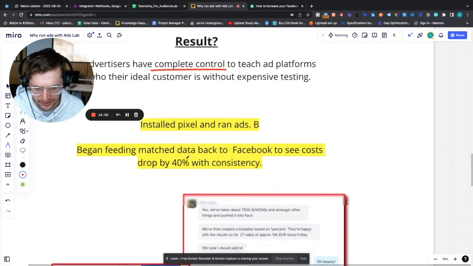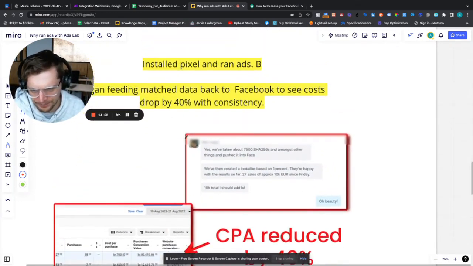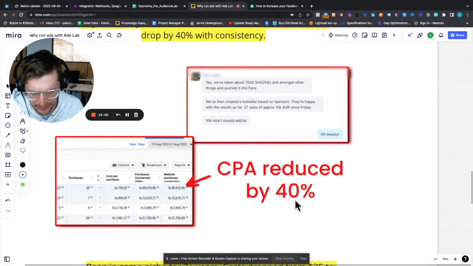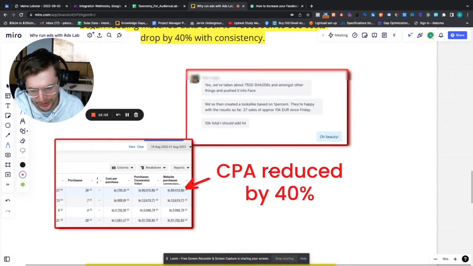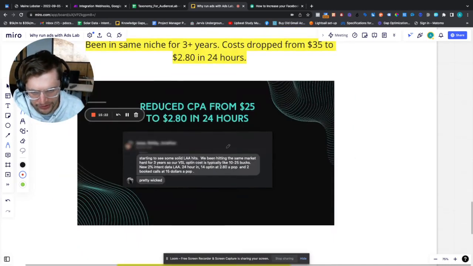So this is how I did a case study before. This is how I was talking about guys like Pete were able to reduce their CPA by 40% because they just put their pixel on a page and ran ads to it. I didn't even think they needed to use in-market segments for this. If they did, they would have made it more powerful and gotten data faster, but they just used a broad audience, still captured by the pixel. They took the data from there, uploaded it to Facebook as lookalikes, and then absolutely crushed their CPA, right? Same again, reduced CPA from $25 to $2.80, right?